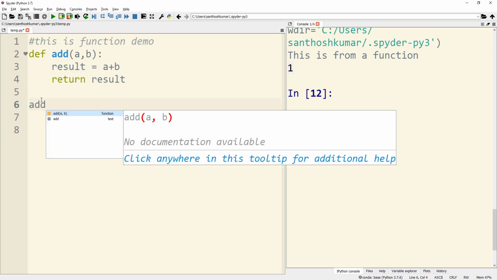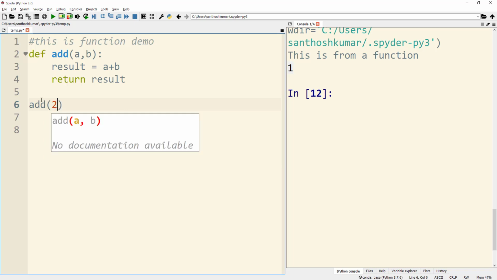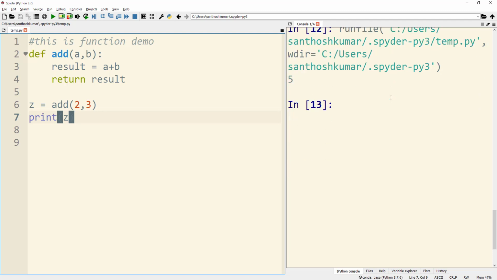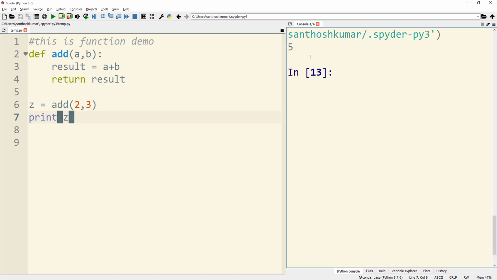Down below I am assigning the value of the add function to the variable z, and then printing the variable z. When I run the code, I get the sum of 2 and 3 as 5.